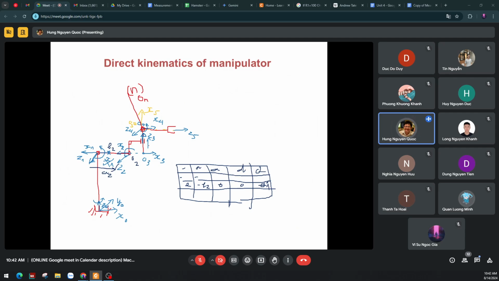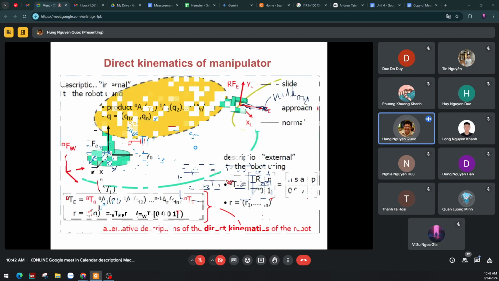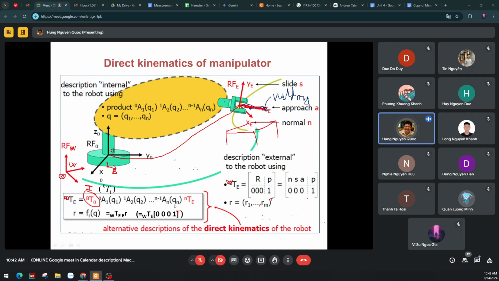We have 5 degrees of freedom, that is ON. But this is the E point, the end effector. So sometimes they are not the same. Understand? So in this case, to find the transformation matrix from the global to the endpoint,